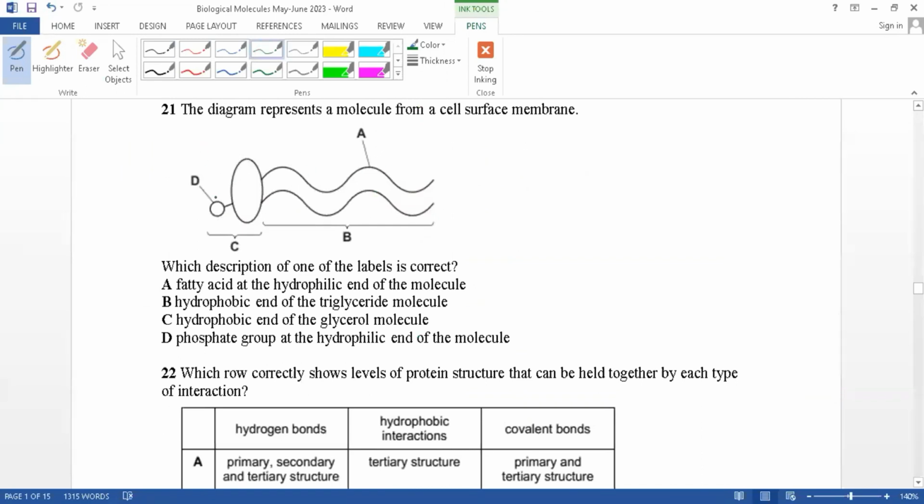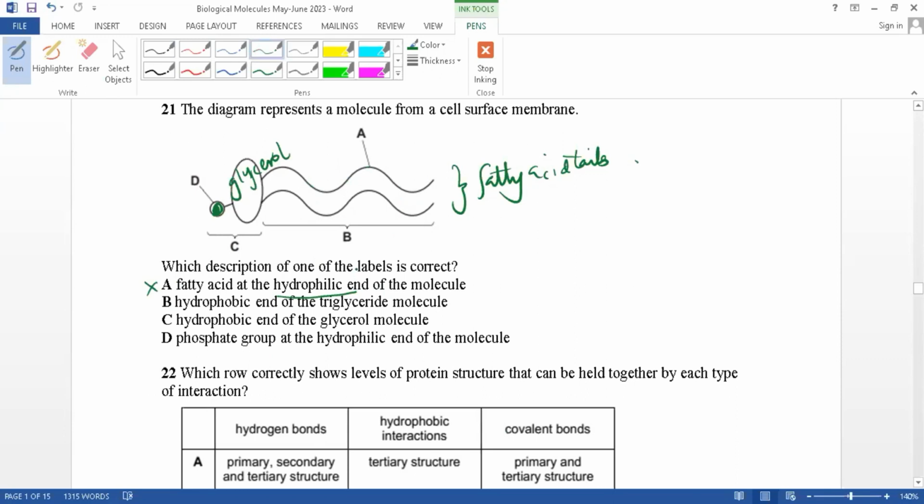That's a phospholipid: phosphate head, glycerol, and fatty acids. Fatty acid at the hydrophilic end of the molecule, incorrect. That's at the hydrophobic end of the molecule. Description of A, fatty acid at the hydrophilic end, is wrong because the fatty acid is at the hydrophobic end